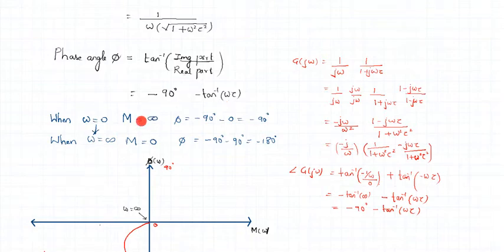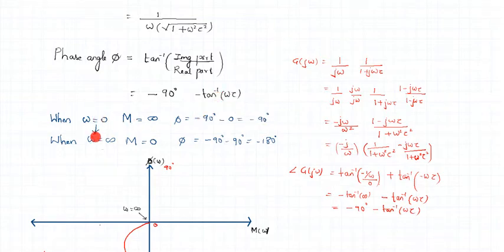That's the reason we will now find the value of magnitude when frequency is 0, and the magnitude of the given system when the frequency is infinity. We'll find both the magnitude as well as phase by varying the frequency from 0 to infinity. So this is the magnitude equation. When we put omega as 0 there, what do we get? 1 by 0, which becomes infinity. And when we put omega as 0 in the phase equation, tan inverse of 0 is 0. So minus 90 is the phase when frequency is 0.